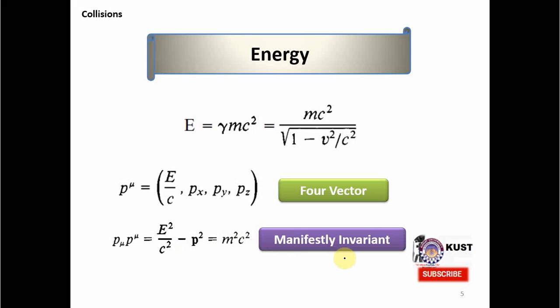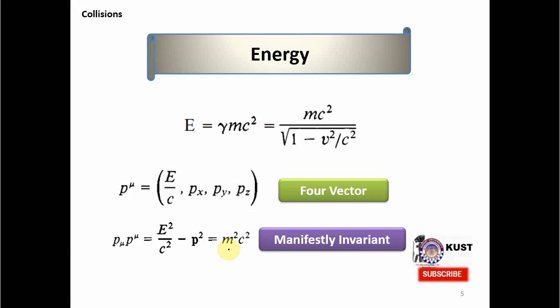So this is manifestly invariant. What do we mean by manifestly invariance? By manifestly invariant, we mean that it is a scalar quantity, and under Lorentz transformation, without calculation, just by looking at it, we know that it will not change under the Lorentz transformation, and we call it manifestly invariant,